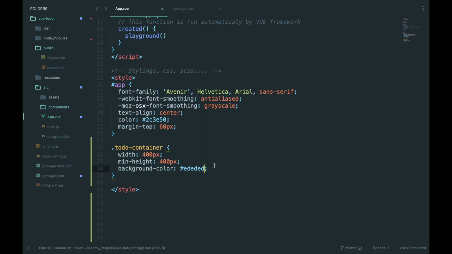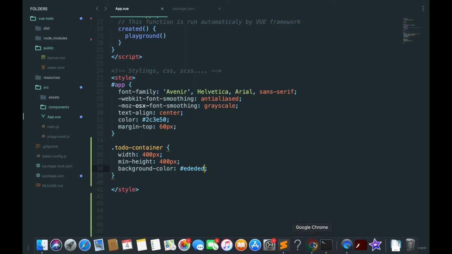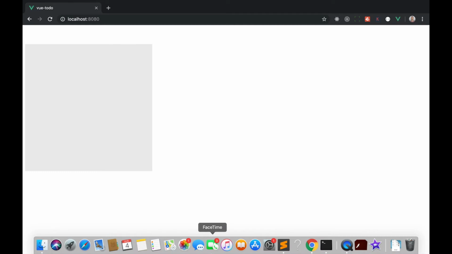When we save this, let's go to our browsers, and now we should display here a container after refresh, so you can see this gray container. I would like to style it in the middle of our page. So how can we do it? Let's go back to our coding editors,